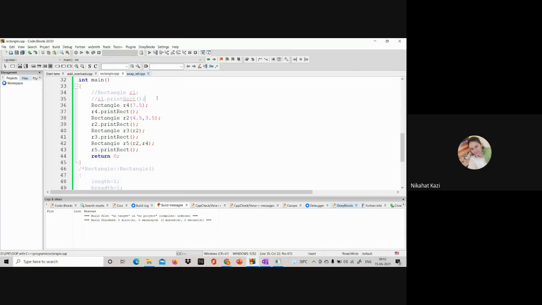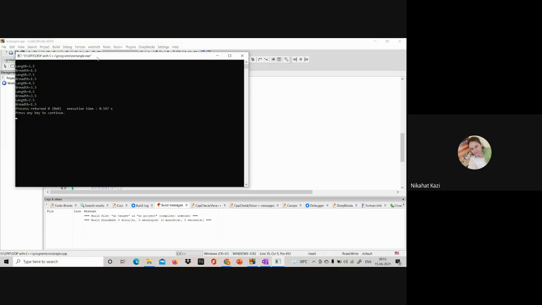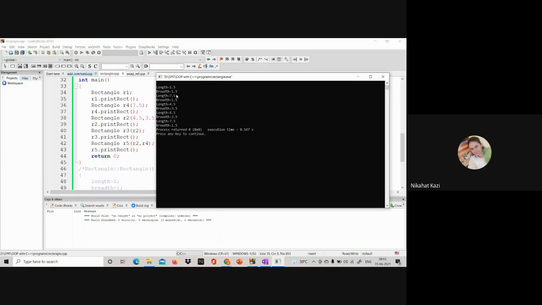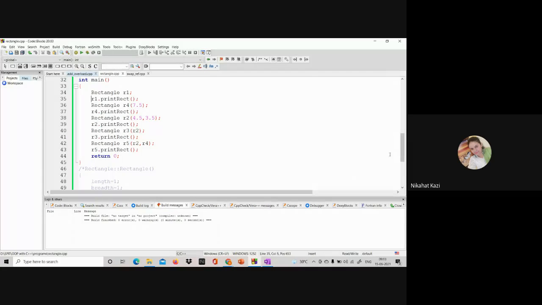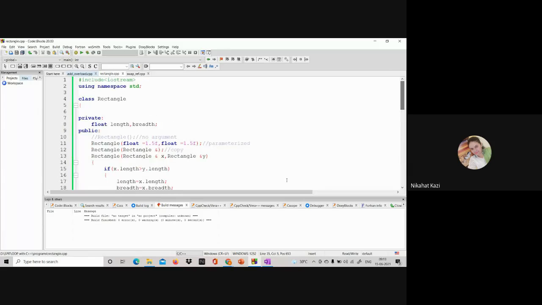Can I have something like rectangle R1? Yes. Can I have this? Yes. Yes, right. Because both are default arguments. So default values I had given as 1.5, 1.5. By default, the rectangle length and breadth is 1.5, 1.5. So that is working.